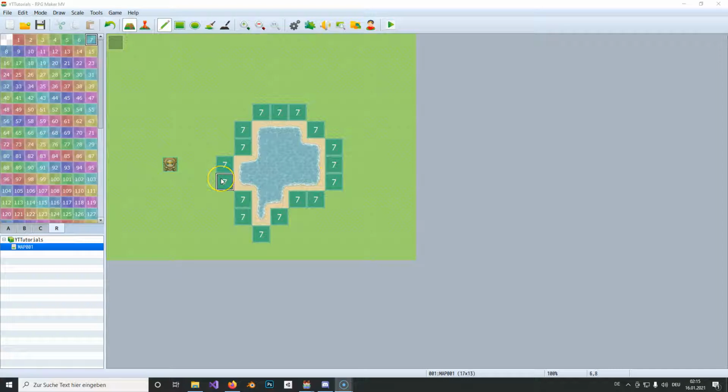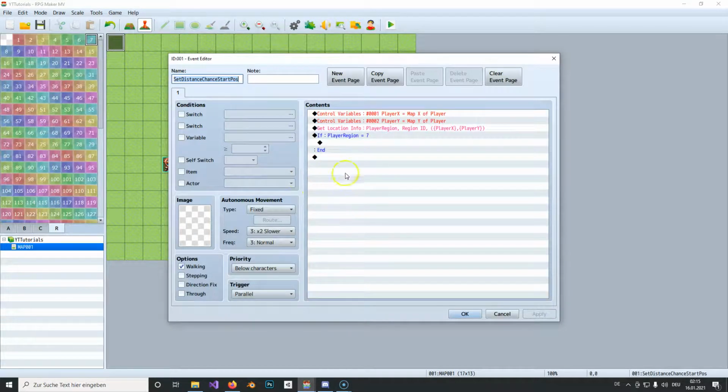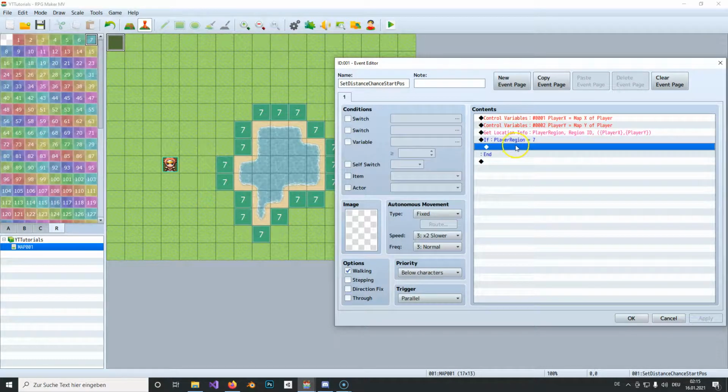So he will jump until the next 7 appears and stop right here. So you do this, so we already check if player is staying on region 7. So if I walk over this 7 in game, then this here is